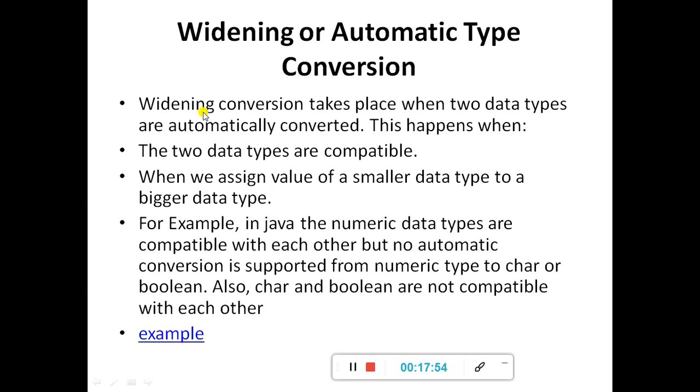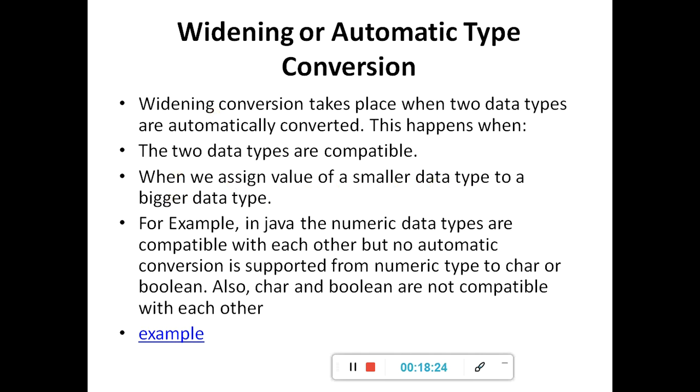Okay, so this particular methodology is also called widening or automatic type conversion. Widening conversion takes place when two data types are automatically converted. Now when will this happen? When the two data types are compatible. Compatible means both are of type numbers, let it be a float or a double, but they are numbers only. So they are compatible. When we assign a value of a smaller data type to a bigger data type, means integer,